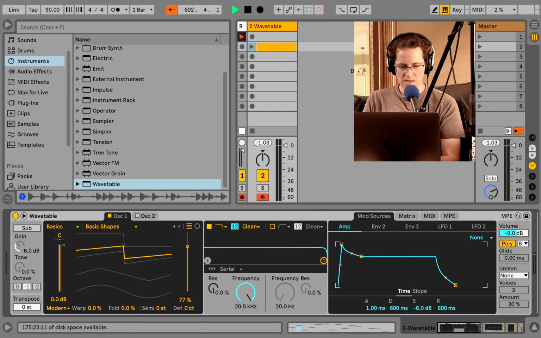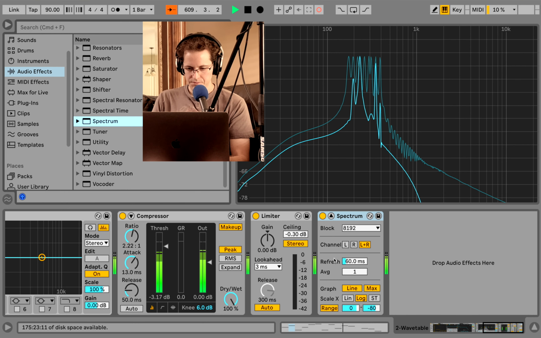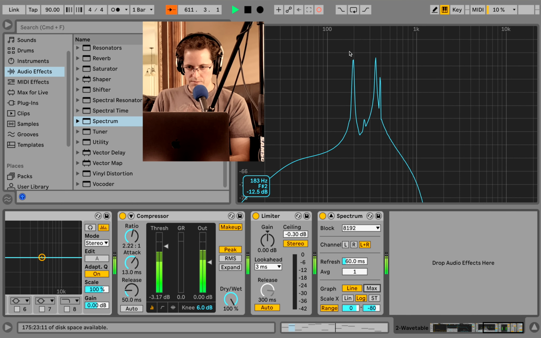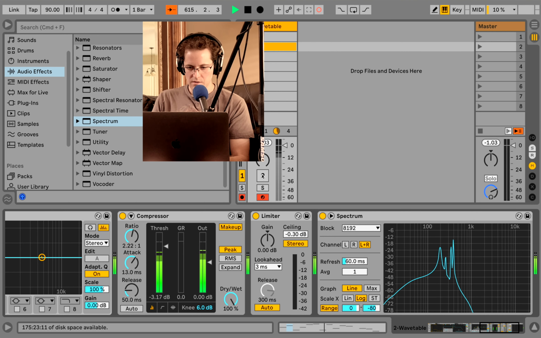So right now we just have a sine wave, right? So we want to be looking over here in our wave pool. And let's push play. I'm going to mute it. I'm going to go into audio effects and drop a spectrum on here. So right now, this sine wave is firing off right here. Now, don't think that it's playing a bunch of different pitches. Click this triangle to make it go up and go away.